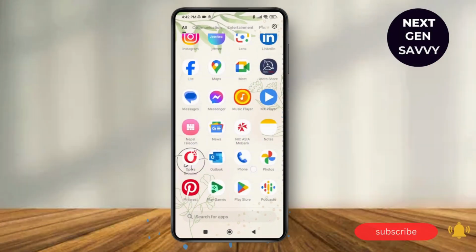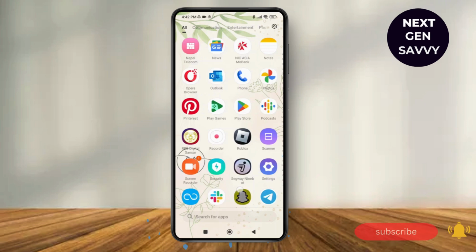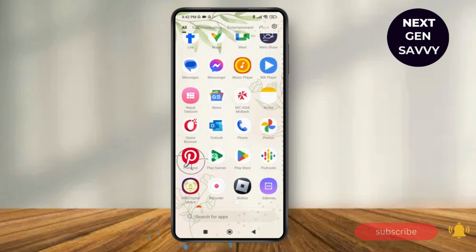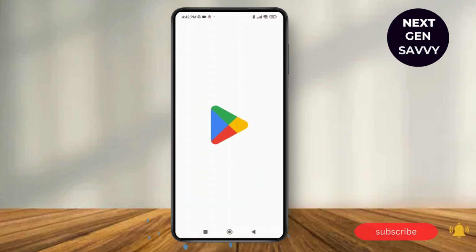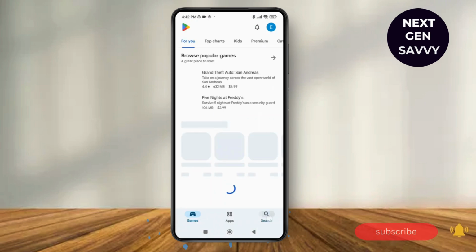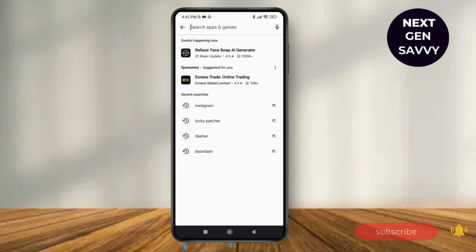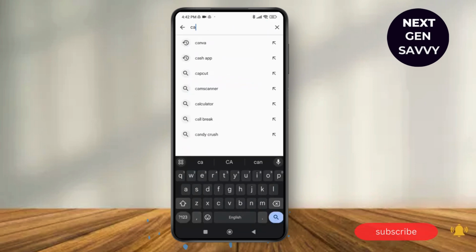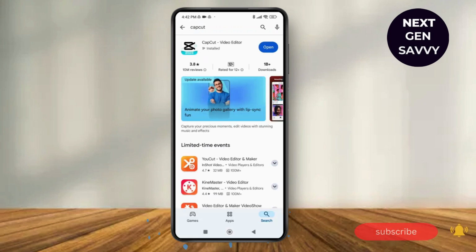So first of all, make sure you have a stable Wi-Fi connection on your device. As you do that, check the Play Store application on your device and make sure you're logged into your account. After that, search for CapCut and make sure you have an updated version of the CapCut application on your device. So here, as you can see, there is no option of update, which means we have the latest version